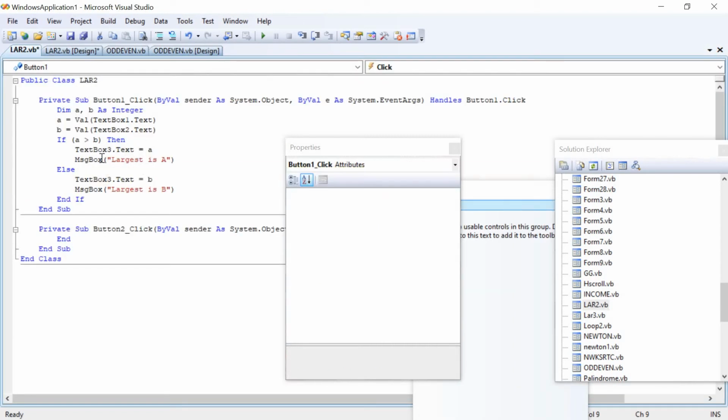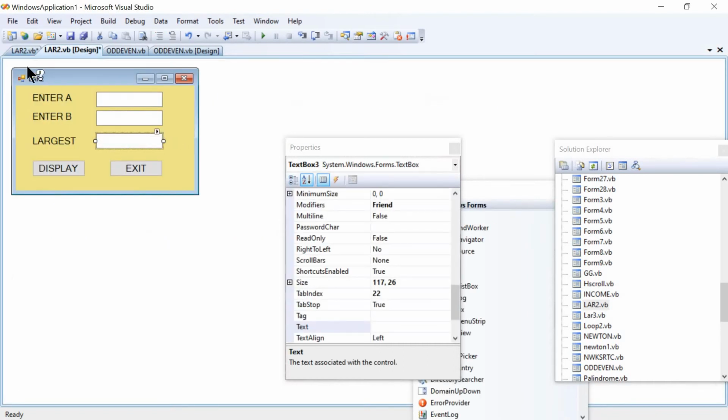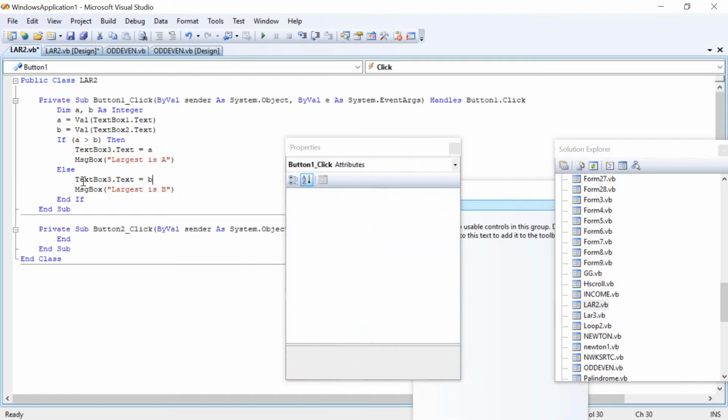Simultaneously we are going to display the message via the message box function, that will be Largest is A. Think that if this condition is false, in that case it will go for the else part. In the else part what happens? The B value will be displayed where? In text box 3, correct? Simultaneously via the message box we are going to display here the message, that will be Largest is B.